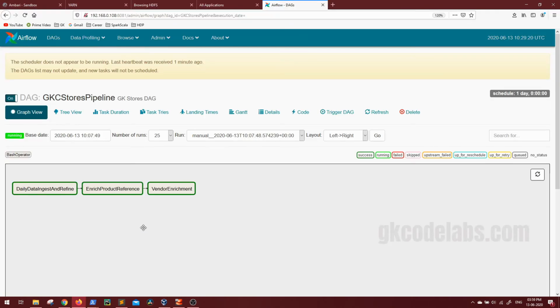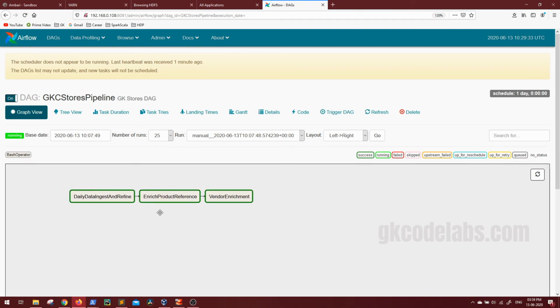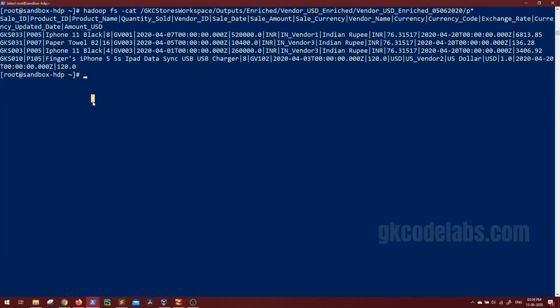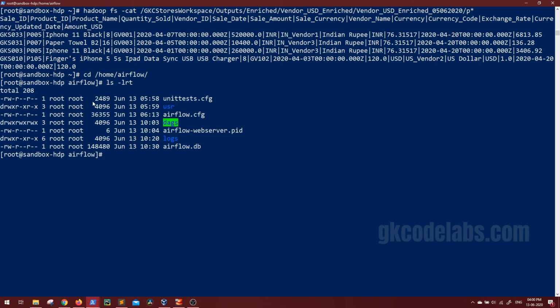So in this video we saw how you can schedule and maintain the dependencies of Spark jobs using Apache Airflow. And one more thing, as I told you, Apache Airflow automatically moves new DAGs to paused state once they are newly created, and then later we had to unpause the DAG. To avoid that situation, you can go to Airflow home, that is inside home, airflow, and go inside the airflow.cfg. Do a vi airflow.cfg.